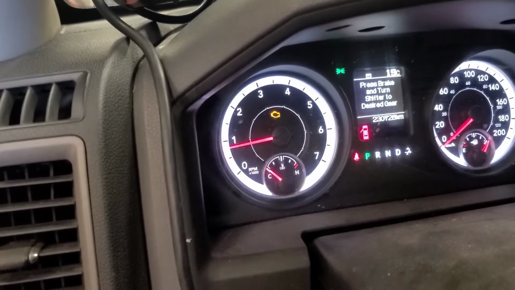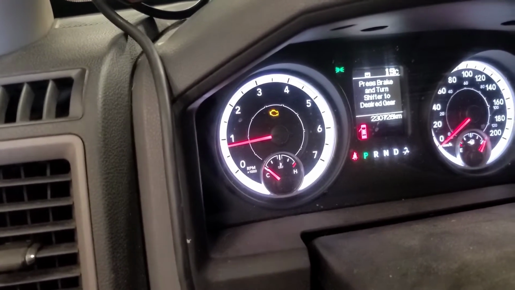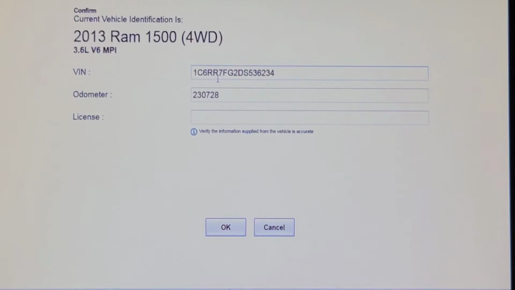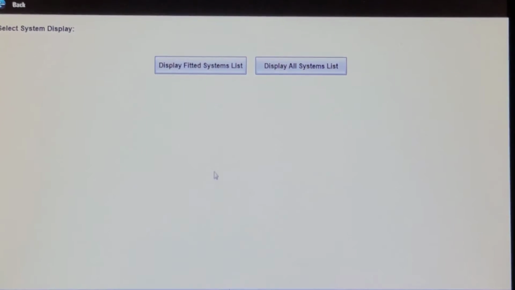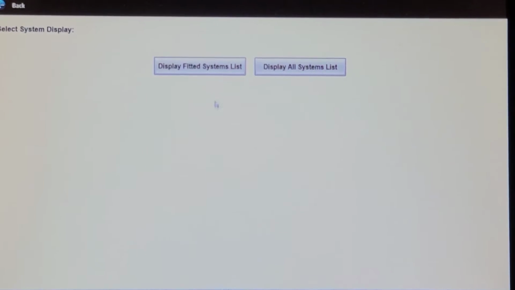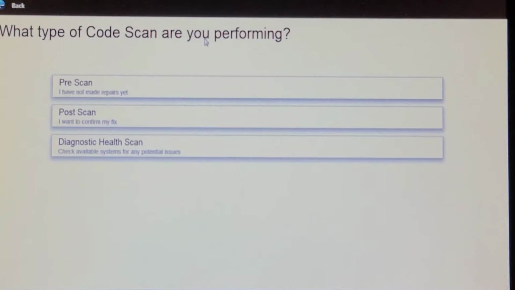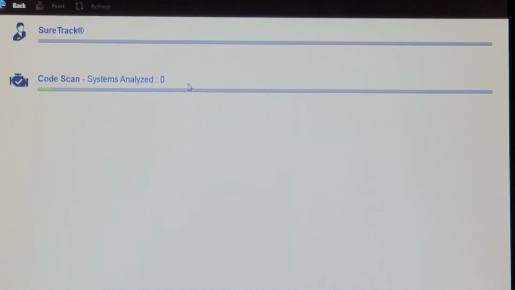Now it's got 230,728 kilometers. So I stand corrected, it's actually a 13, I believe. We had put a used engine in this several months ago, and the used engine had cam timing error codes. And we did a timing chain, guides, phasers,